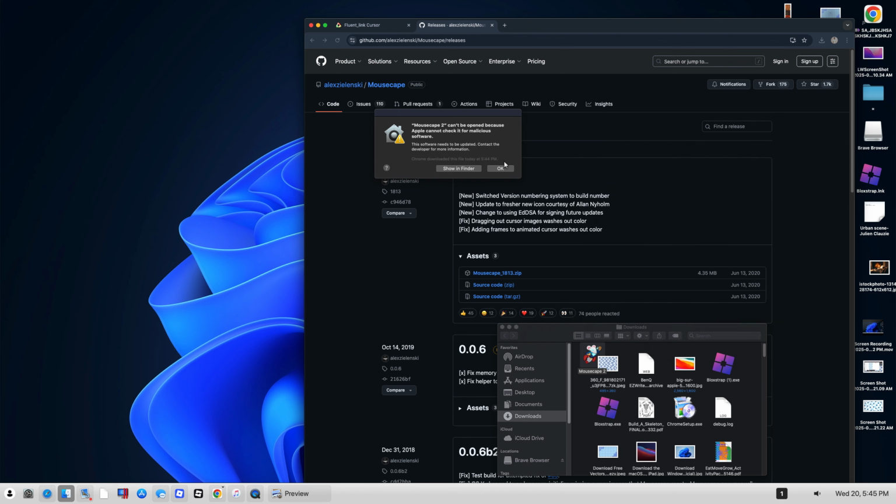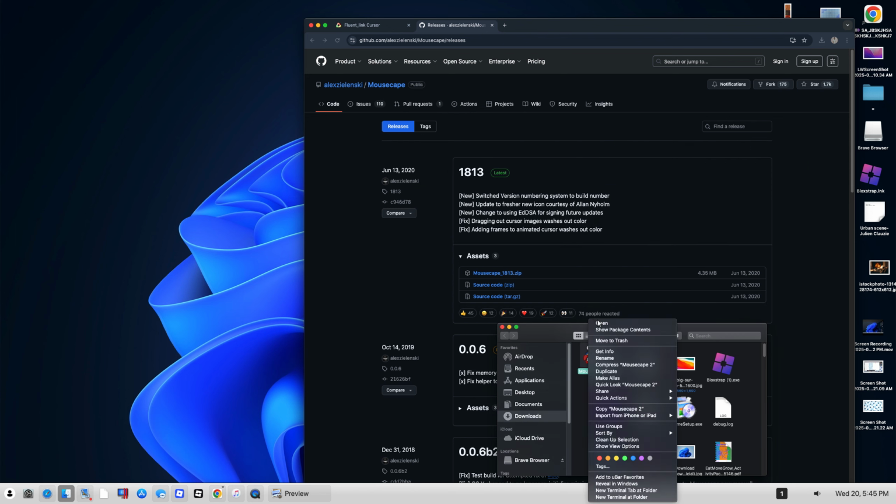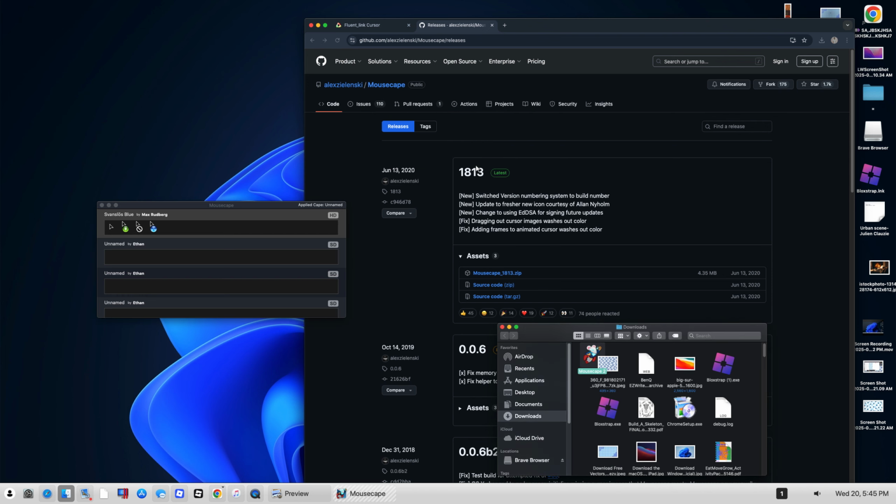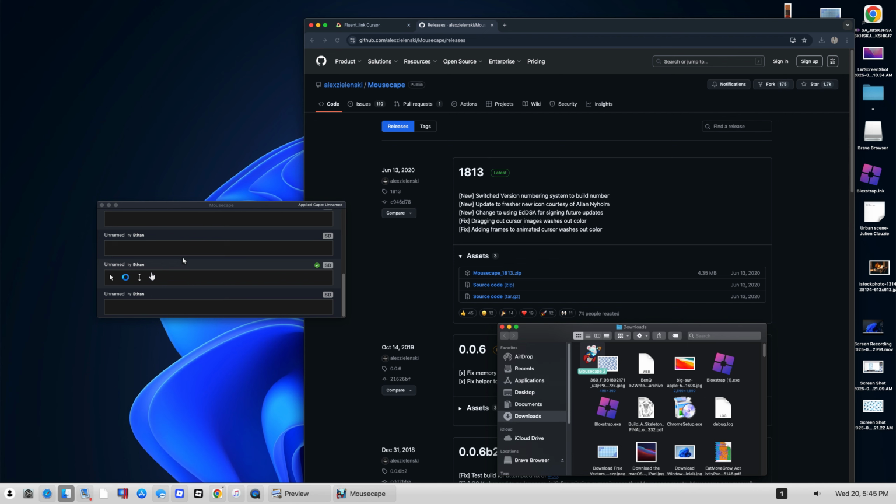Okay, anyway, if it just says that, you gotta keep trying and trying until it lets you. As you can see, now it's done it, but now it says open. So, and then you'll get this. So you won't have any of this unless you use Mousekeep. You're gonna go to the top corner, press on File, press